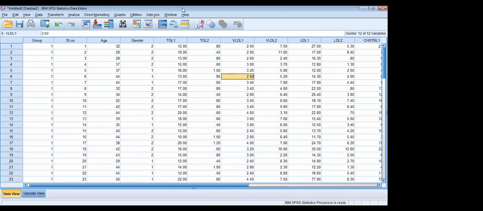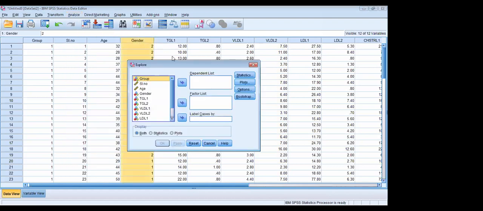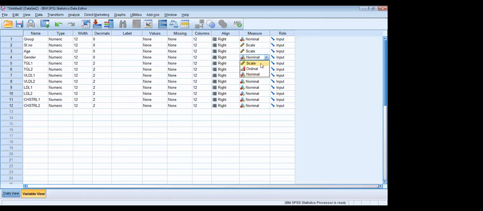To do the normality test, we go to Analyze, then Descriptive Statistics. Here we have the option Explore. Here we need to take the values. One second. We need to change the type of variable here to scale. Here it came as nominal, and we need to change the type of scale, because these are interval or ratio scale.